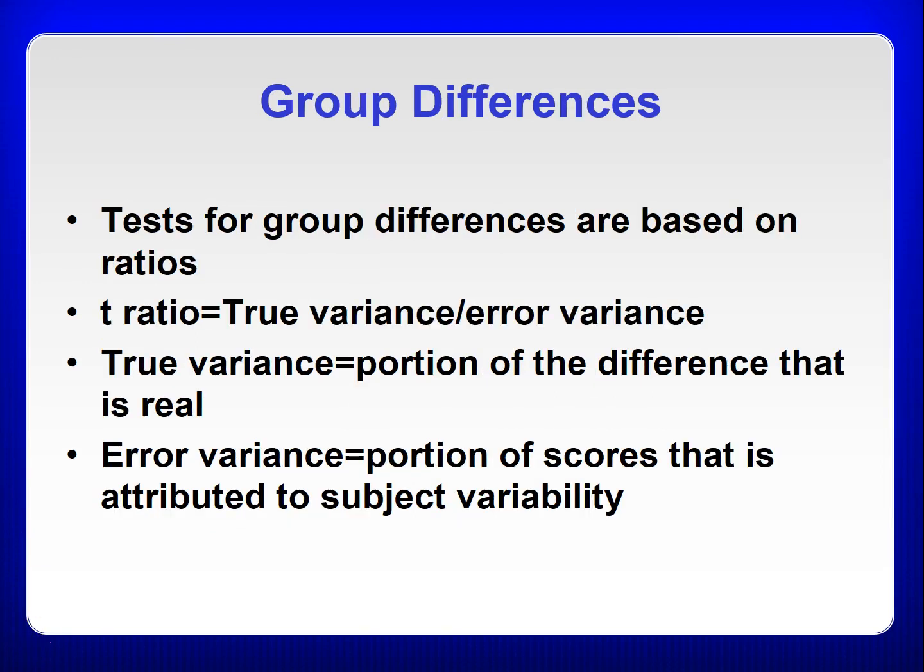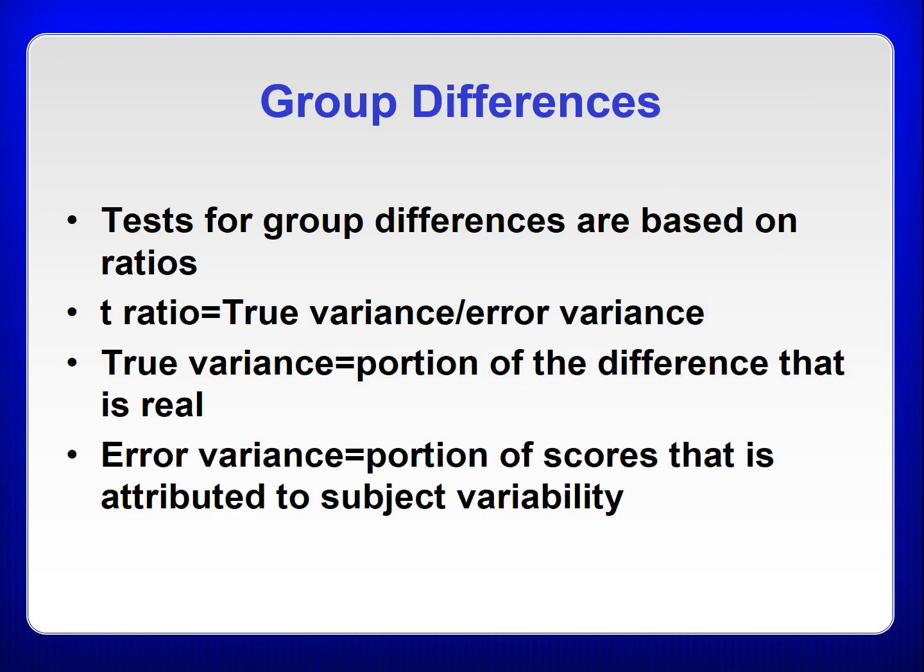Differences are based on ratios. The t-ratio has a numerator and a denominator. From a theoretical point of view, the numerator is regarded as true variance, or the real difference between the means. The denominator is considered error variance, or variation about the mean. Thus, the t-ratio is: t is equal to true variance divided by error variance, whereby true variance is equal to